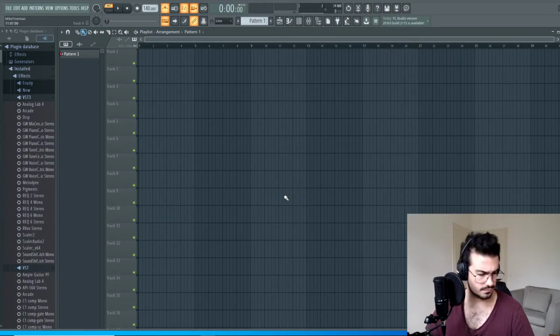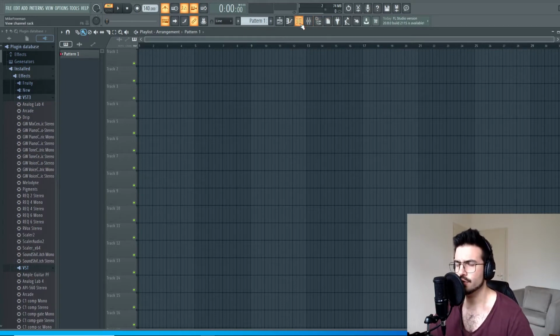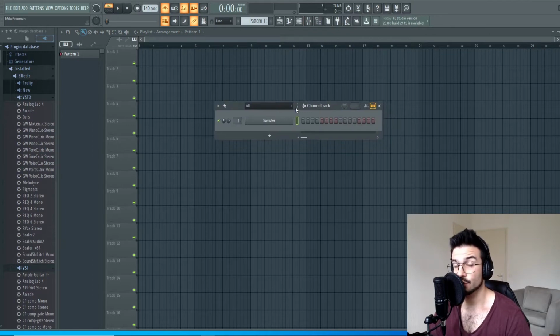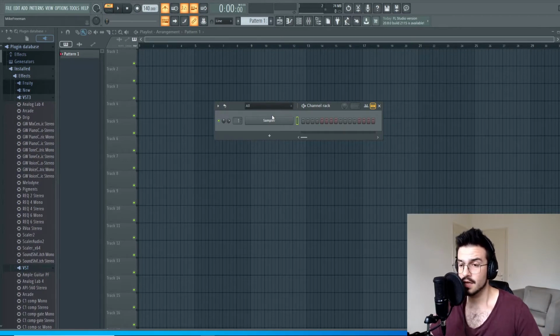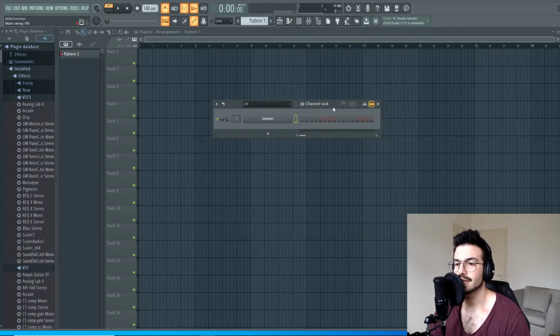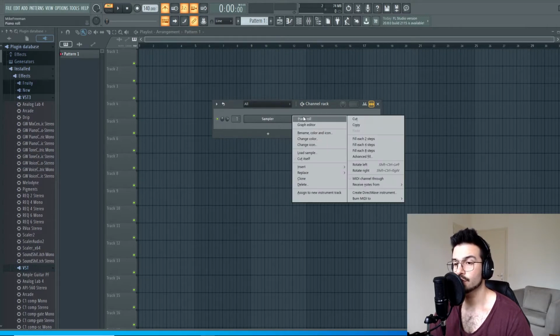So first off, to program your own drums, you have to understand what the channel rack is. So this is the channel rack in FL Studio, and it's one of the coolest things about FL Studio, okay? And you're gonna learn why in just a second. But the channel rack basically allows you to sample and also to program your own drums, okay? Now, here's the thing about the channel rack, okay? So you have these little nodes here, which you can program drums in, or you could also program in the